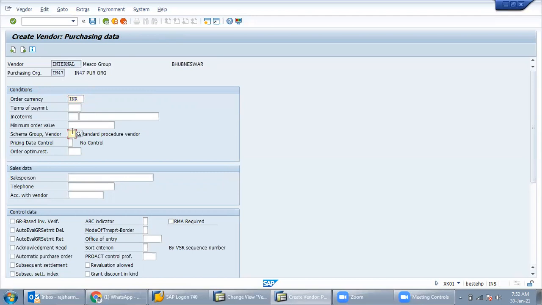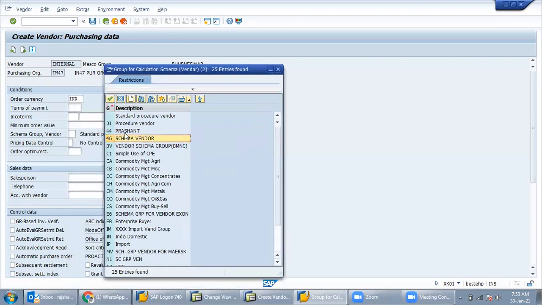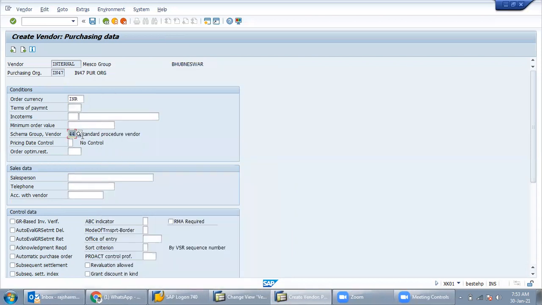And here one more thing is important, that is the schema group. What is a schema group? By selecting the schema group, it goes to the approval process. Suppose we have created a PO, purchase order, with that vendor, the Mesco Group vendor. I have put schema group 44, and our vendor is Mesco Group.